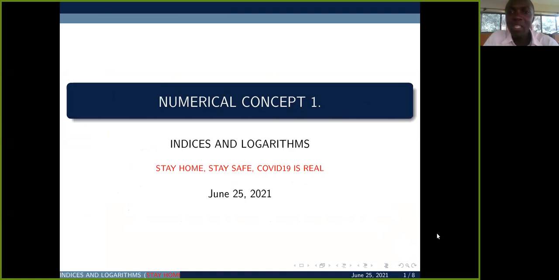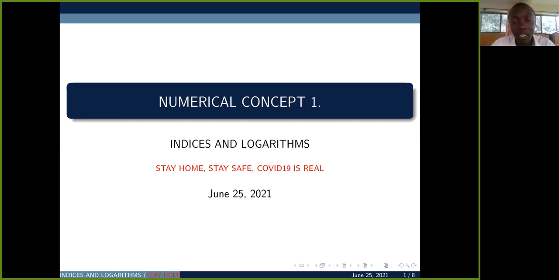Hello everyone. Today we are going to look at numerical concept. What is numerical concept? Numerical concept is the study of the properties that exist between numbers. We are going to look at what those properties are and why we are studying it. Studying numerical concept is going to equip us with knowledge on how we can solve and manipulate mathematical problems